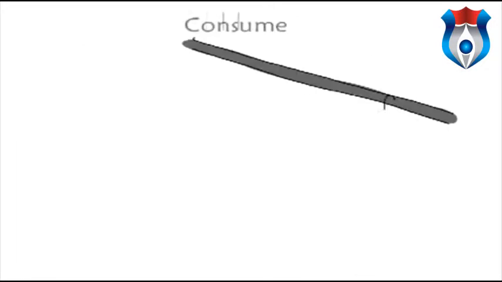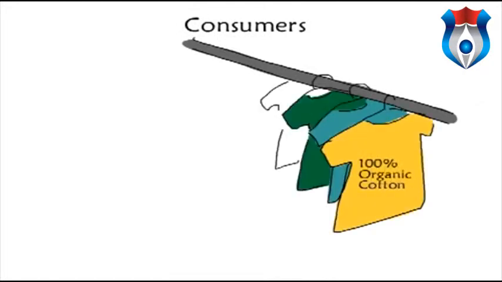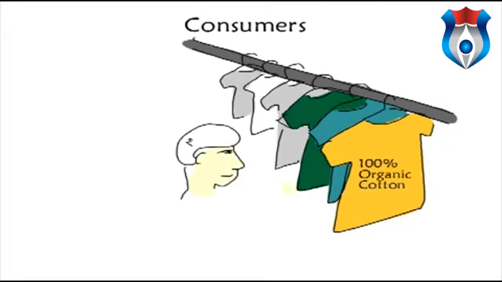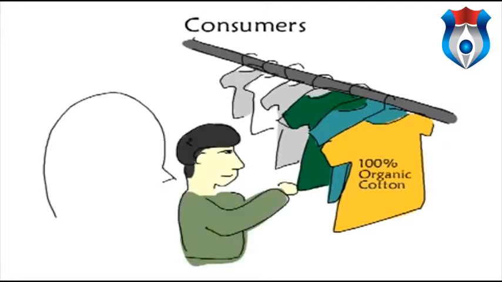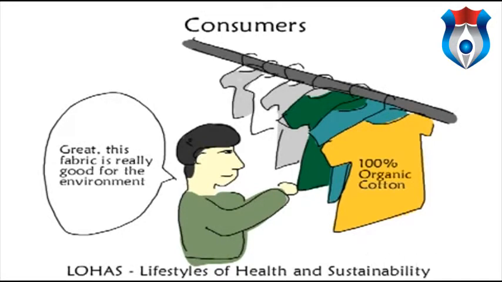And most importantly, consumers care more than ever about buying from companies that do the right thing. Many of them care not only about product quality and personal health effects, but about the impact of the company on the environment and society. Marketers have come up with a name for this segment. They call it LOHAS, Lifestyles of Health and Sustainability, and it has become a major influence on how companies market